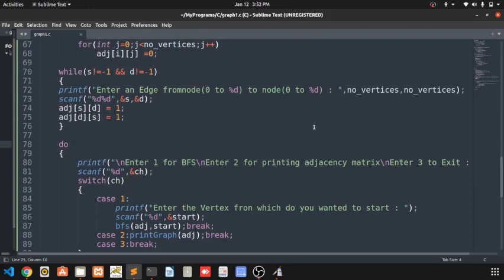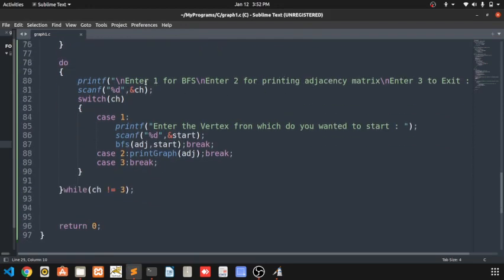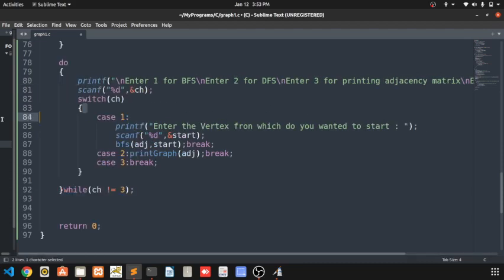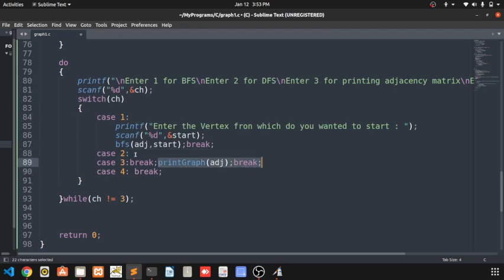Now design the main condition. Enter 1 for BFS, enter 2 for DFS \n, enter 3 for printing, and enter 4 to exit. Now the condition is case 4 to exit. Print for 3 and call DFS.